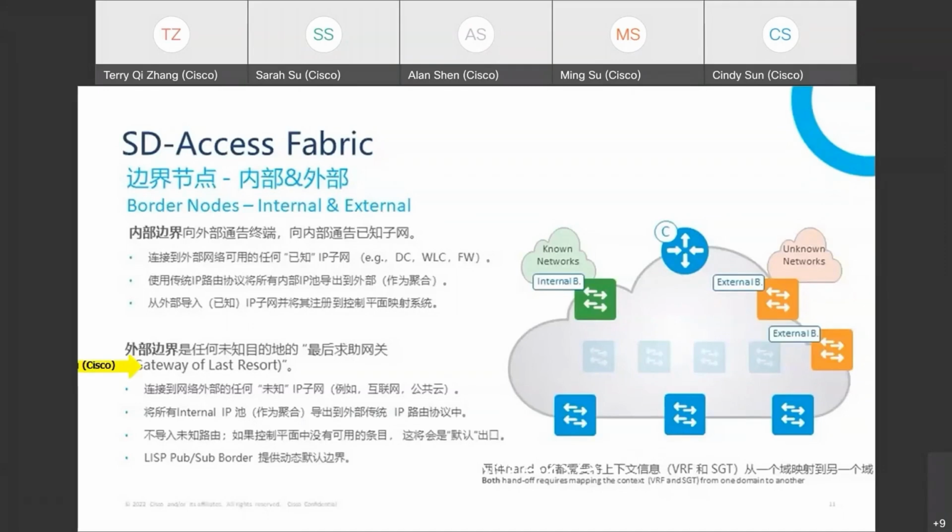Finally, we introduce the border node, which are the green and orange devices in the slides. It serves as the entry and exit points for data traffic going in and out of the fabric network, and communicates with external networks using BGP. There are 3 types of border nodes, including internal border, external border, and a combination of both internal and external